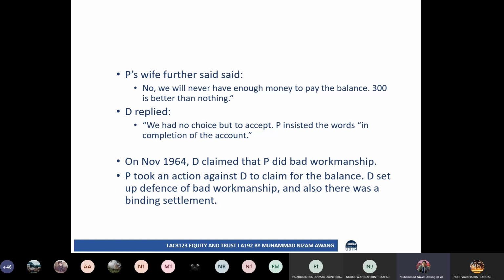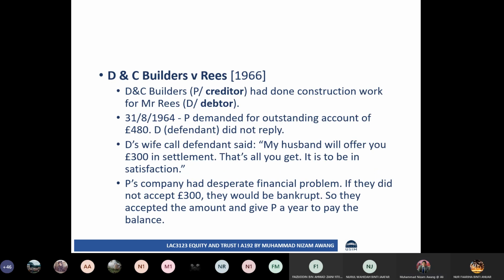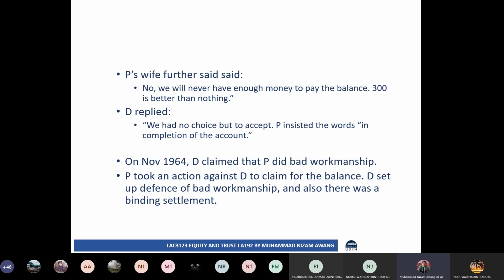That's £300, that's all they have. The defendant's wife replied that they had no choice but to accept the offer from the defendant. So later in the same year, in November 1964,